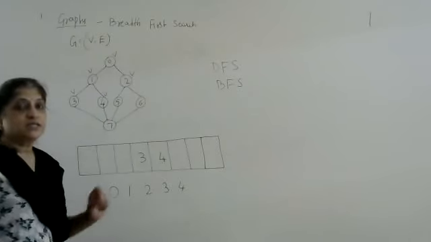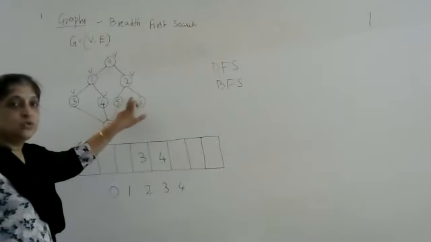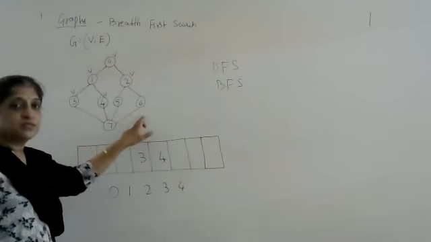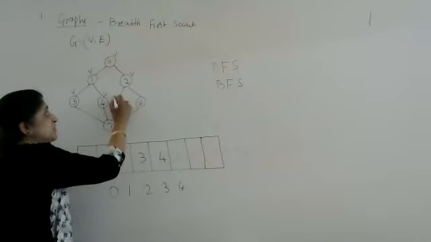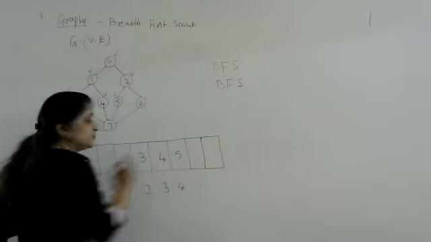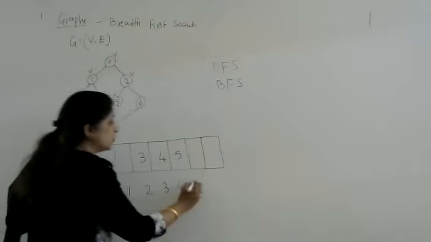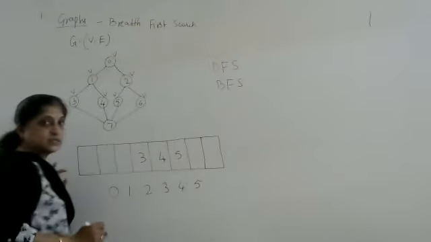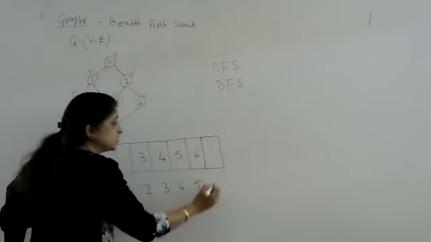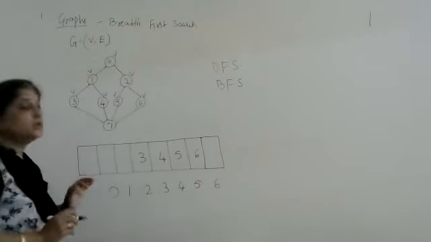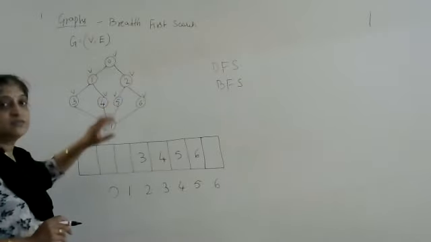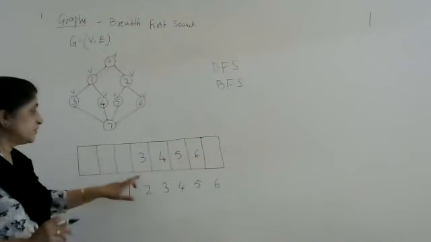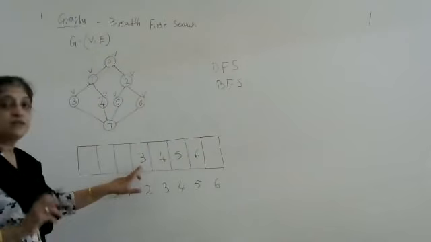Now start searching for the vertices that are adjacent to 2. 2 has an adjacent vertex 0 that is already visited and it has 2 more vertices, 5 and 6. In numerical order, mark 5 as visited. Insert this in the queue and output this. Then there is one more adjacent vertex 6, mark this as visited. Insert this in the queue, output this. Now we have completely visited all the adjacent vertices of 2. Then we have to check in the queue what vertex we have. In the queue we have the vertex 3 at the front.